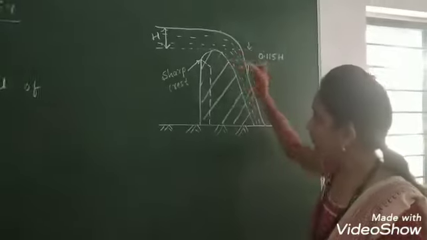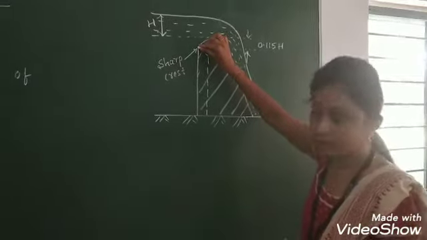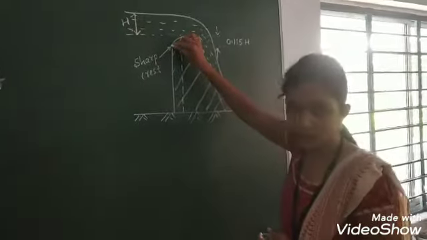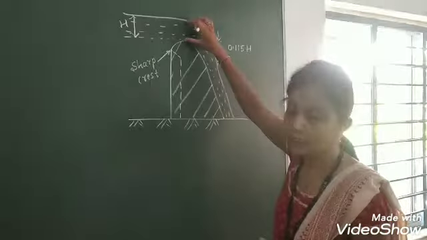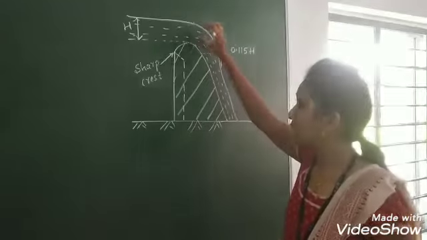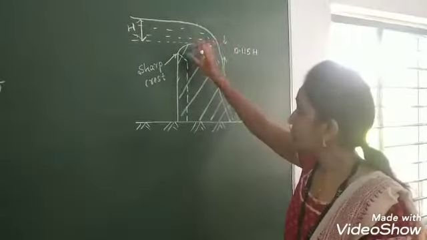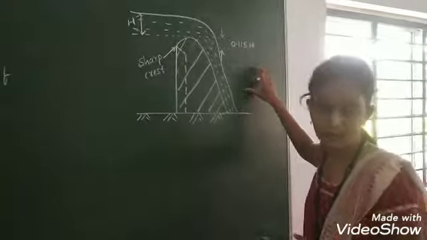Okay. So in the OGVA we have provided a sharp crest. Here I have shown the mark. So at this point we have provided the sharp crest, and above this weir, what is the water flowing? So that portion we can call it as a nappe. Okay. And one of the speciality of this OG weir is, this one is the upstream side and this one is the downstream side.